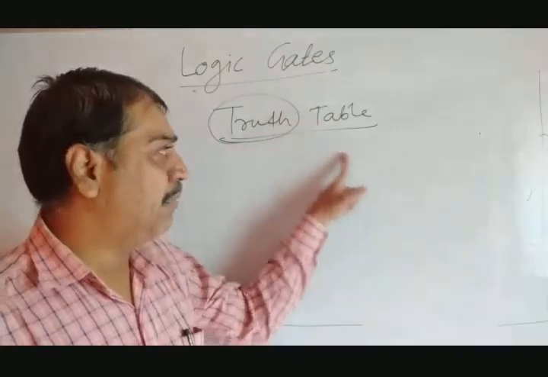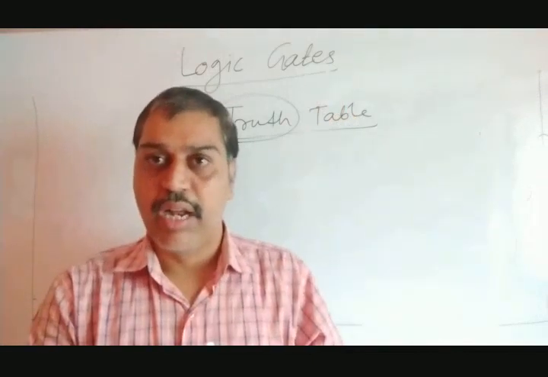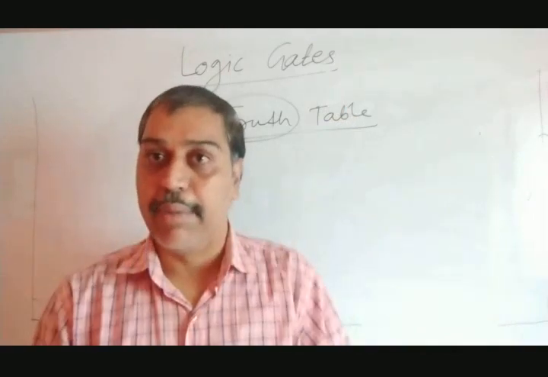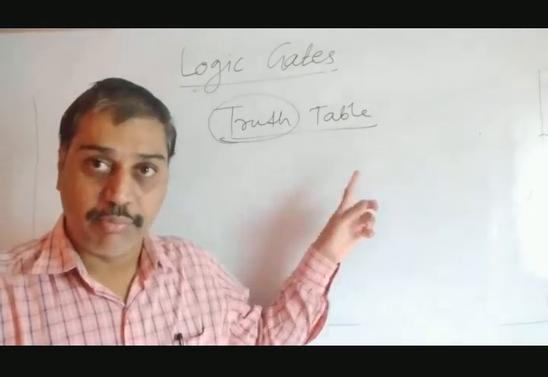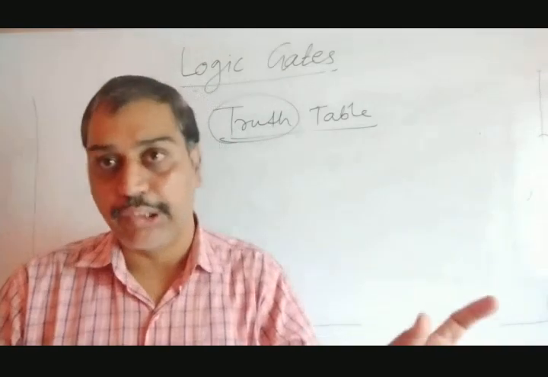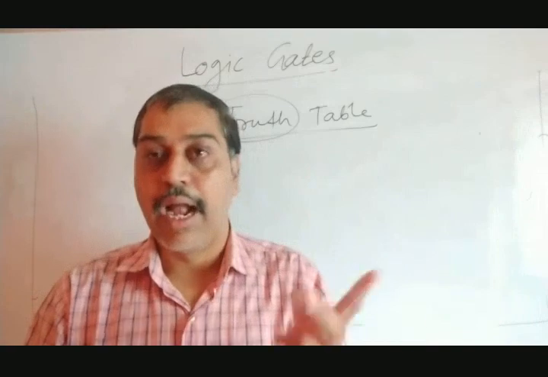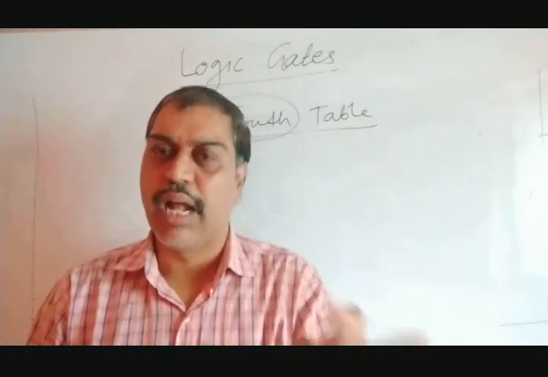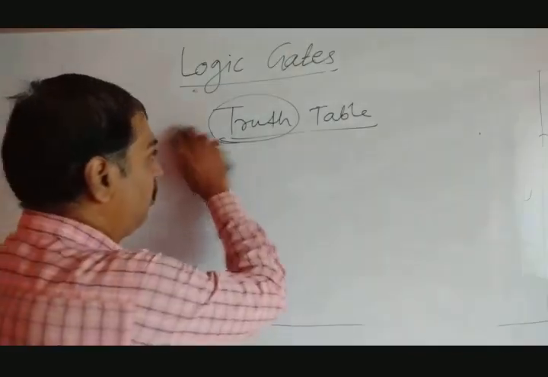Now why is it said to be a table? Because it gives the possible combinations of the input, and according to that, what the output should be is explained in the table. That's why it is said to be a truth table, and it is never false. A certain gate has a certain truth table, and that is always true. It gives the variations of 2 or more inputs, and according to that variation, what the output is, mentioned in the truth table. Okay, now here you see, this is the truth table.